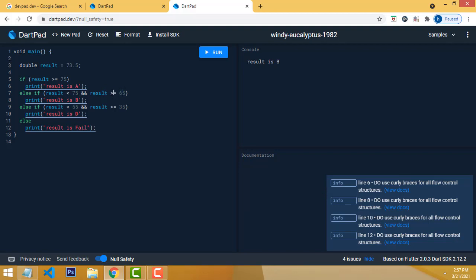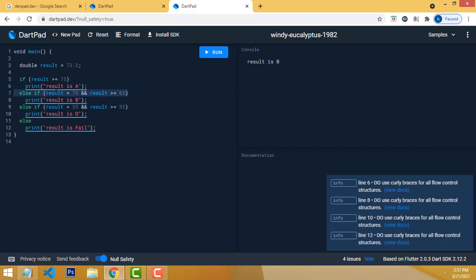If you use only greater than, 65 is not calculated. If we put equal, it is counted as 65. Okay, if this condition is true, because we are assigning 73 here, it is in the range between 75 and 65, so it executes the statement result is B. And again I am going to check the result. This result is less than 55, it is false, so it is not working, only this one is working, right?